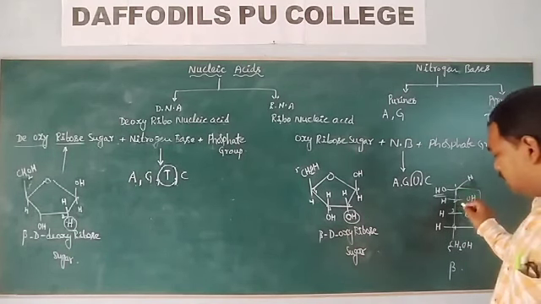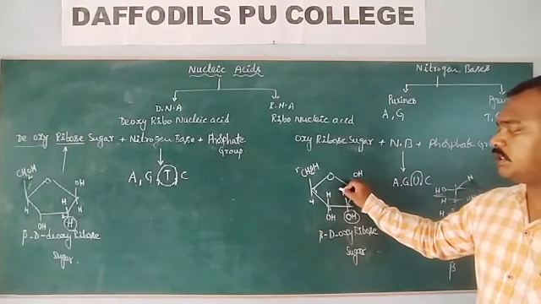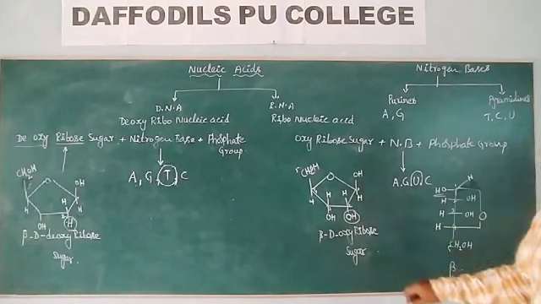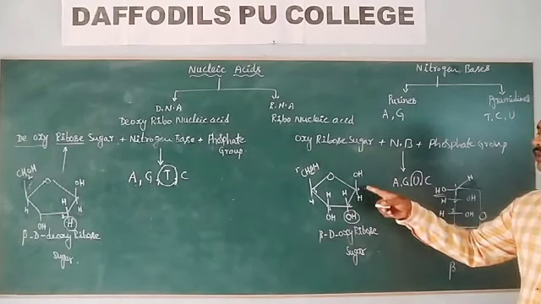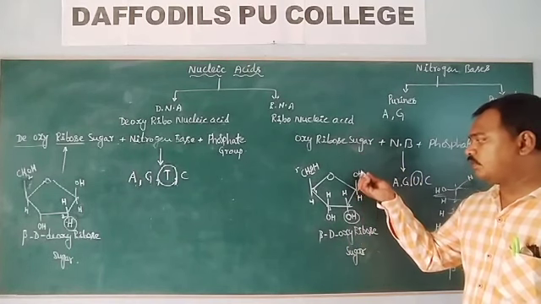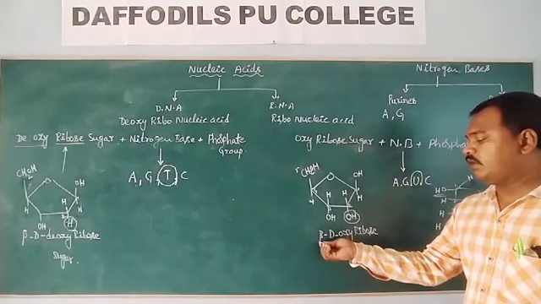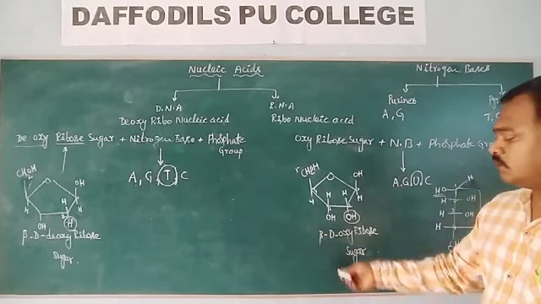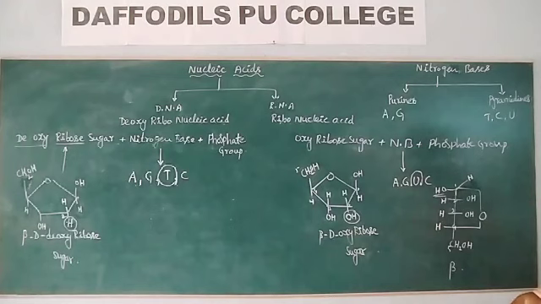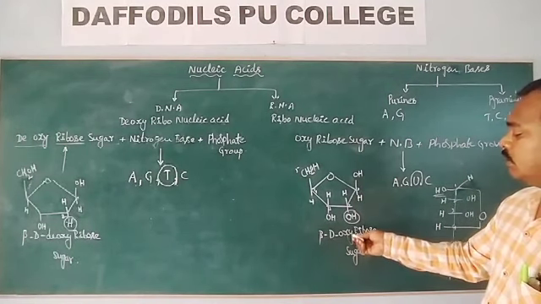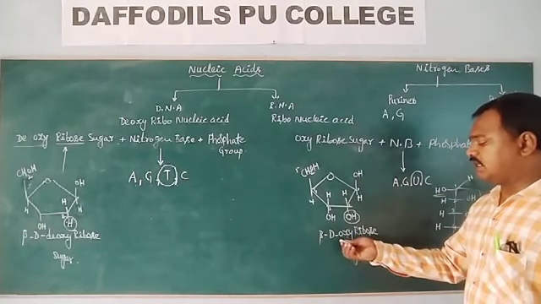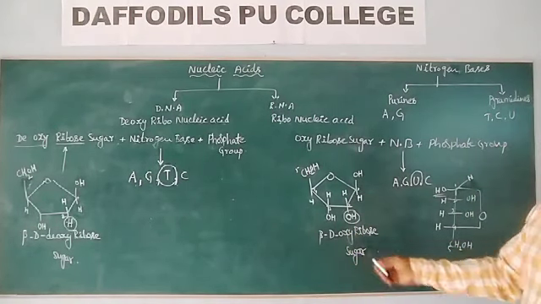This same ribose sugar is represented in furanose form in the Haworth structure. In this Haworth structure, the OH group is present above the plane. When the OH group is present above the plane, you have to write that as beta. So beta D, oxyribose, or simply you can take this as ribose, beta D ribose sugar.